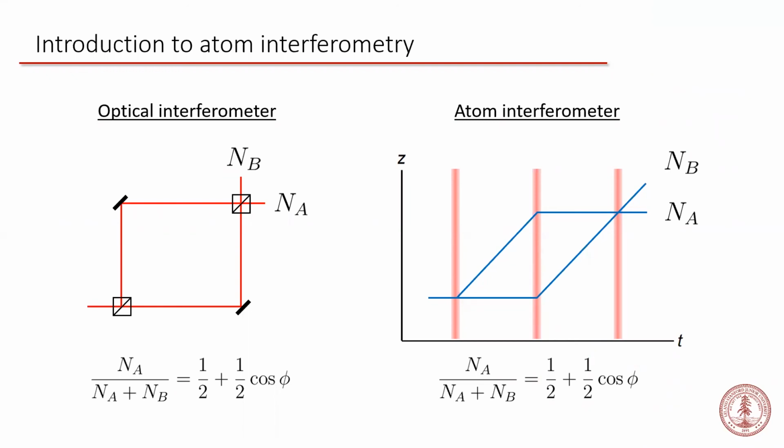Okay, and so then at the third pulse, what exactly is happening there? Which kind of pulse is that? This is a pi/2 pulse again. And what it's doing is interfering these two trajectories into these two output ports, just like what's happening right here. So you have two input lasers, but the output ports: this is a superposition of a contribution from this arm and this arm, and same thing with this output port. So these atoms are not just coming from here, but they're also coming from here. And so these two arms of the interferometer are mixed into each output port. And that's where the interference comes from.